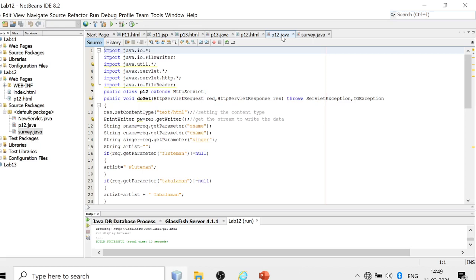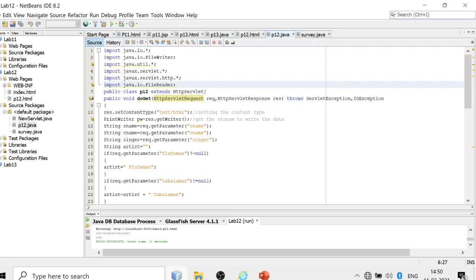So how we have created that one is new file, P12 named servlet. In this one, these are some Java packages required for handling the servlets and